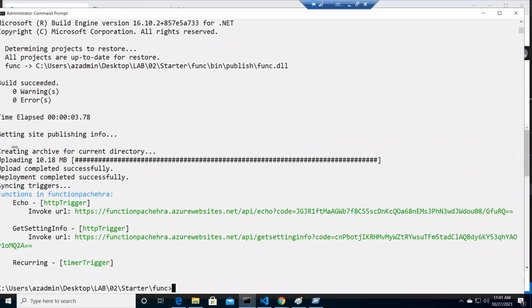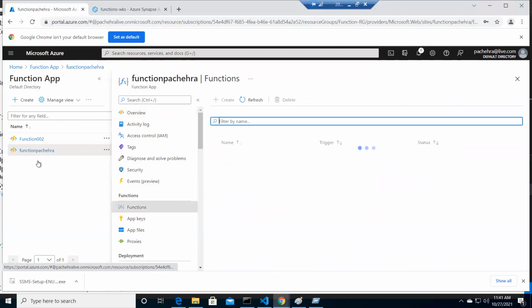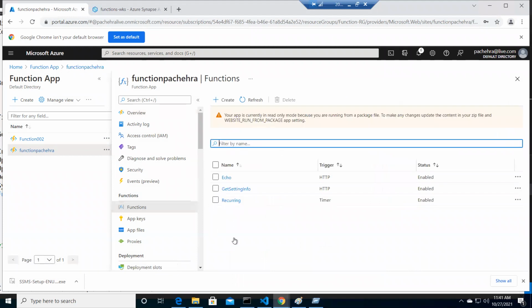Now you can see it was publishing info and functions. We got 3 functions and all 3 got published. So if I go here and click on functions in our function app, you see all the functions are right